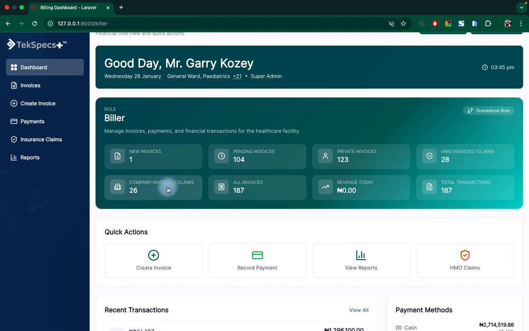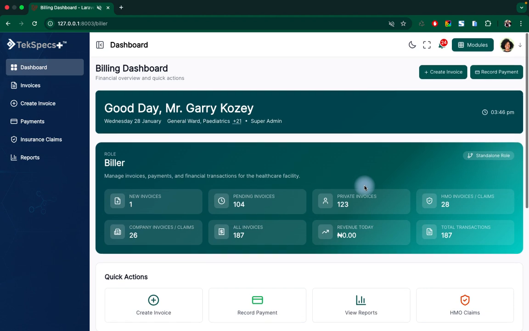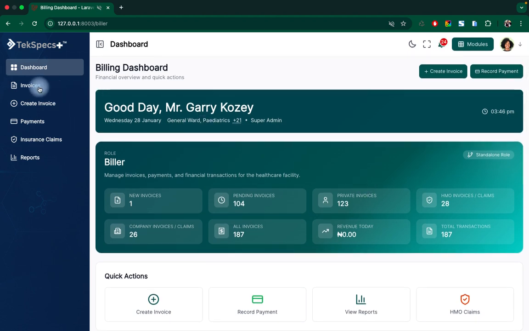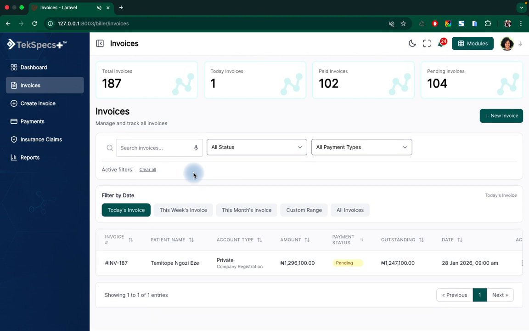stroke claims, company invoices, stroke claims, all invoices, revenue generated for the day, and total transactions. And you can as well create a new invoice, record payment, view reports, and then you can also view HMO claims. All right, so quickly I'm going to navigate to the invoice page, and you can see that we have